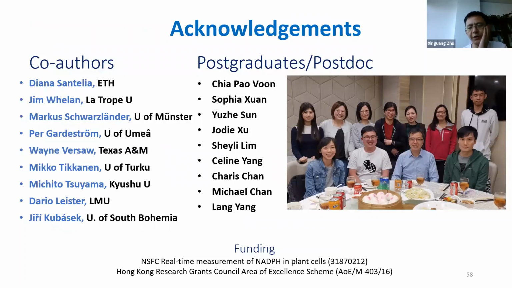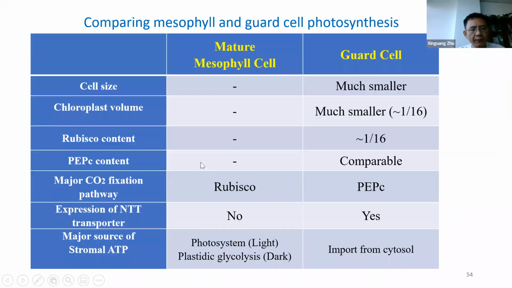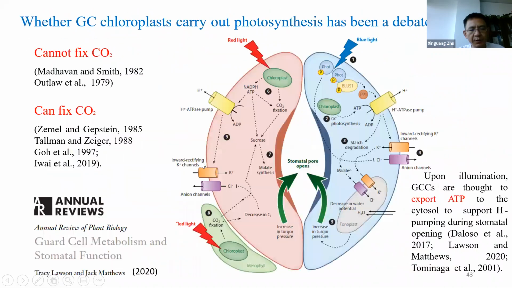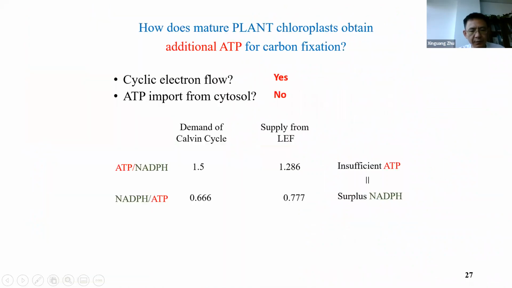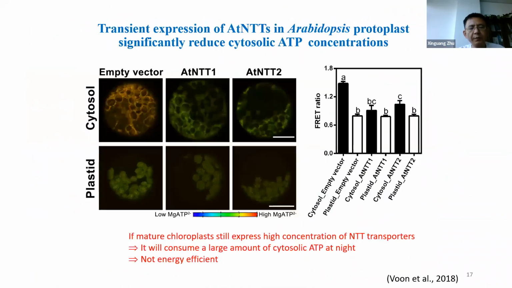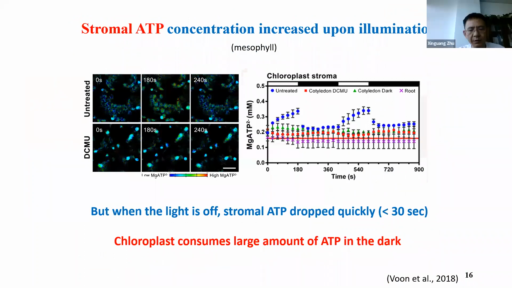Maybe I start with a question. Maybe I missed it. In the mature chloroplast, there's no import of ATP, certainly during the day, right? But in one slide you mentioned there is a large consumption of ATP at night, and chloroplast consume large